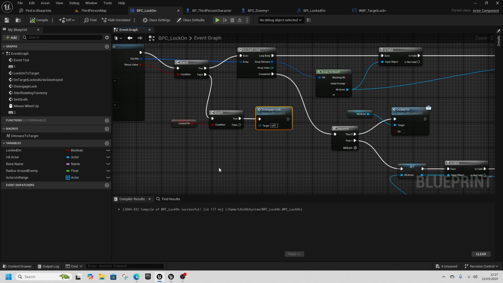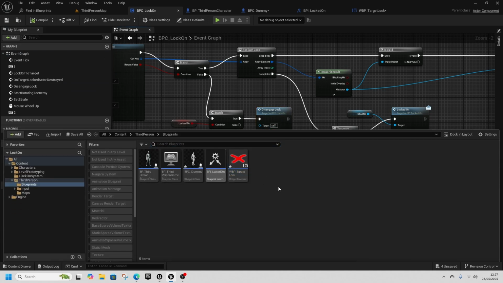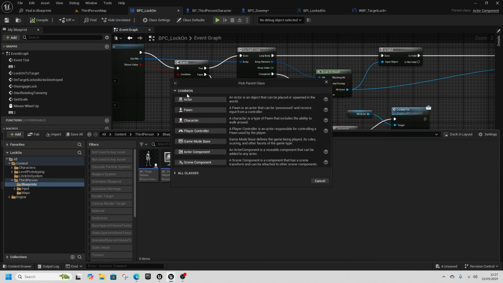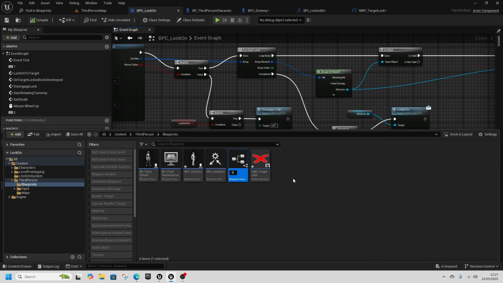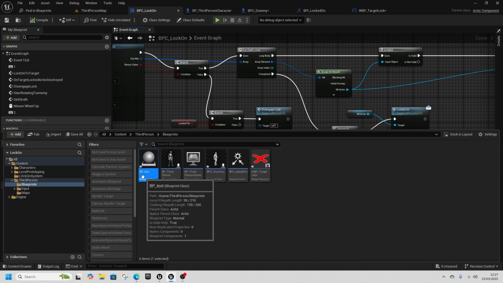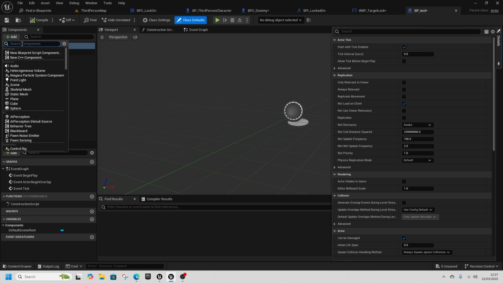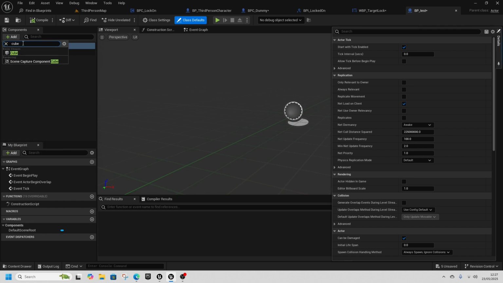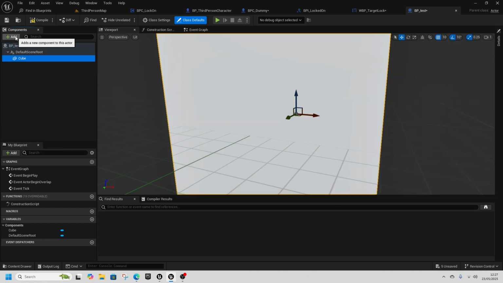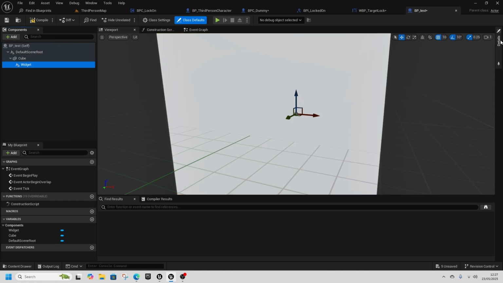Like that. Open up our content drawer. We can right click, create a blueprint class of an actor. Call this BP test. We're going to open that up and add a cube to it. And in that cube, we could add a widget. And that widget will be